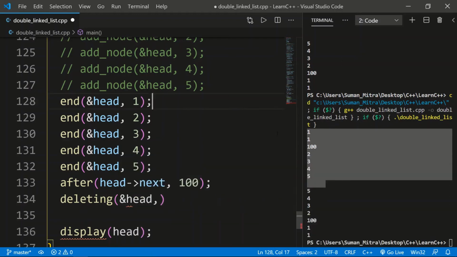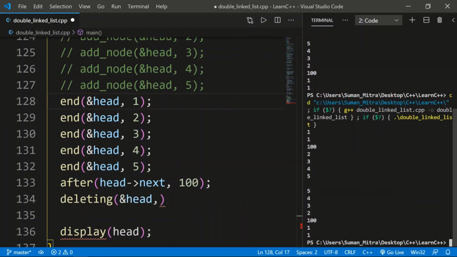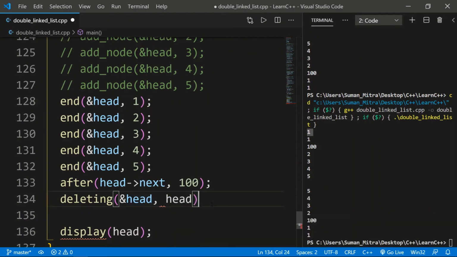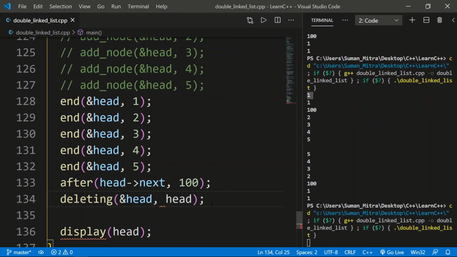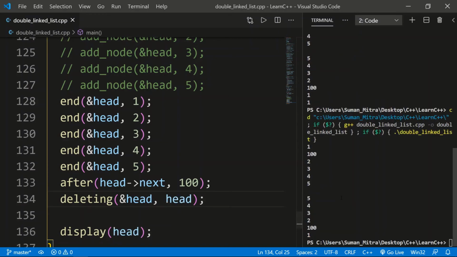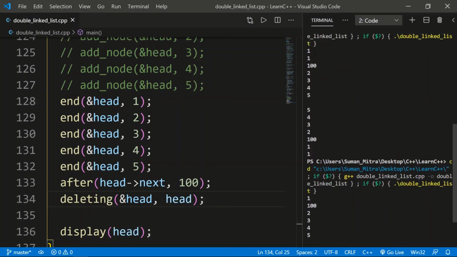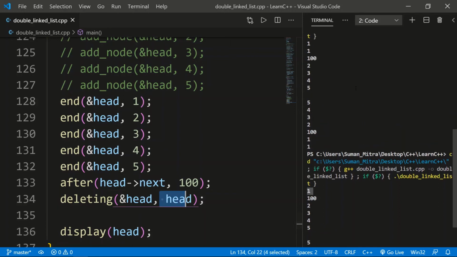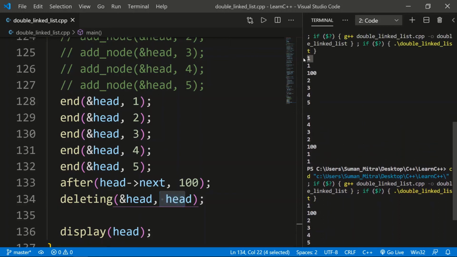So first of all, we'll try to delete this one. There are two ones. This one is the head, so we'll try to delete this head. We can just write here head. Now if you run this, you're going to get no error and whatever we're trying to do is done. You can see that there were two ones, but now there is only one because we deleted this head. This one was becoming the head.